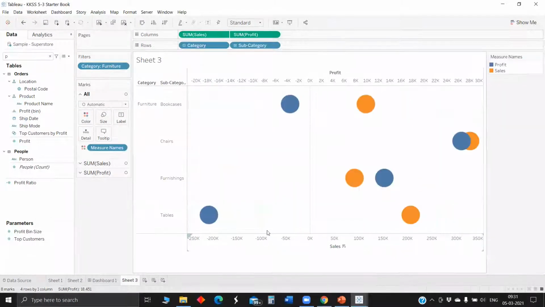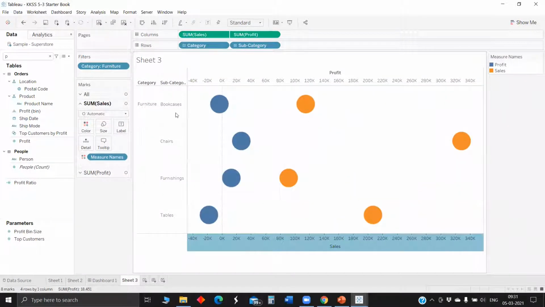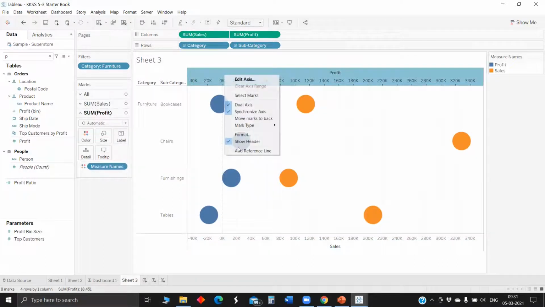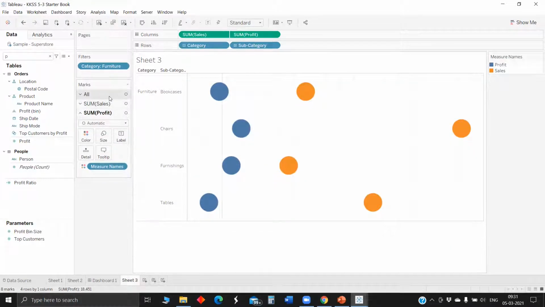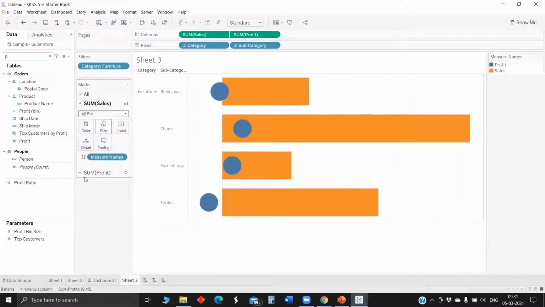Dual axis, synchronized axis. So now we have a dual axis of sales and profit. Let me hide the header, convert sales to bar, and profit to some shape.